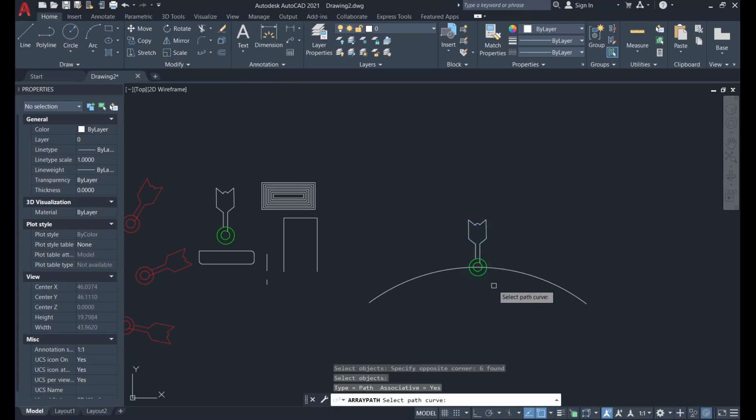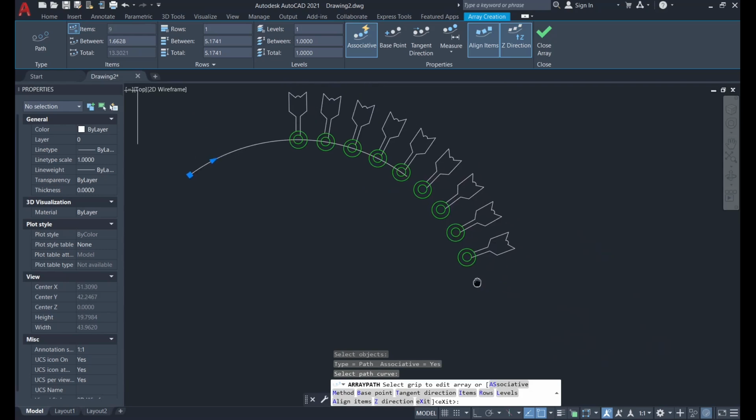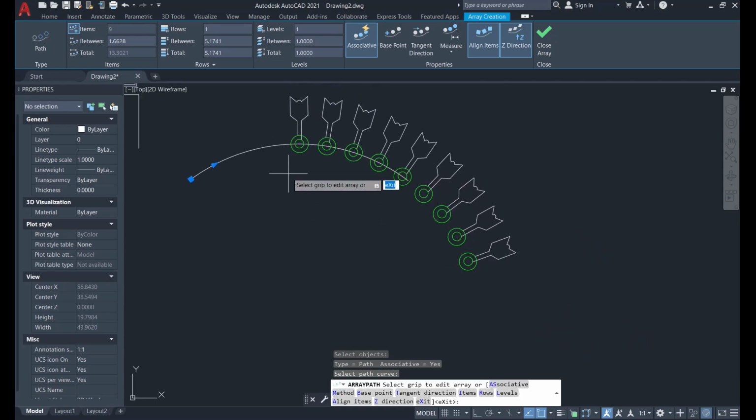Select again the object, and it's asking me to select the path curve. And as you may see, it created multiple arrows along the same path that my curve was,